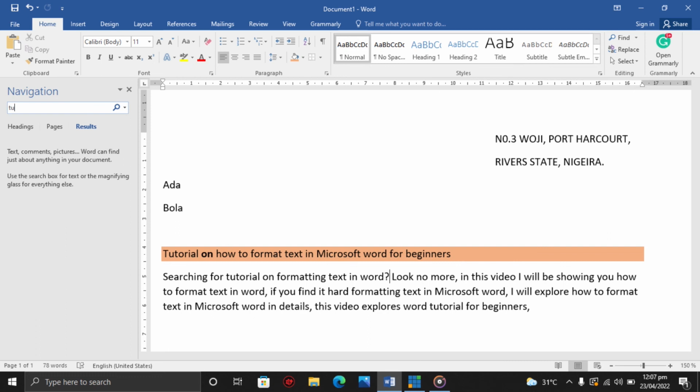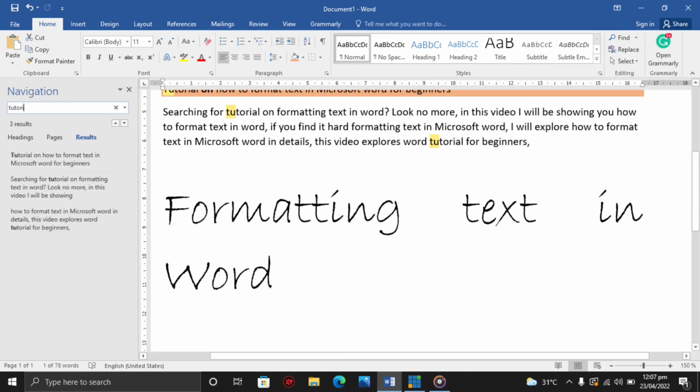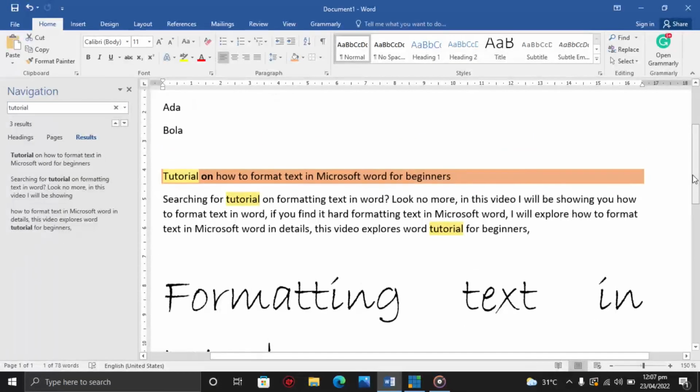So I could type tutorial. Now what happens is that when you type the word you're looking for, it selects all the words that match the word you've just input on the navigation bar, and then you find all the words that you just typed in on this document here.